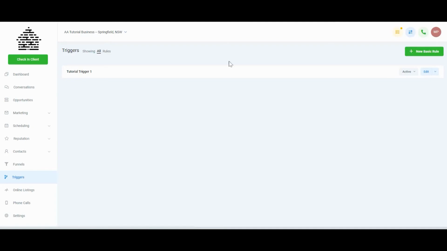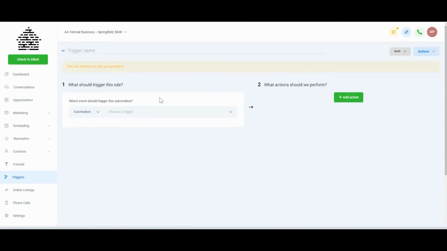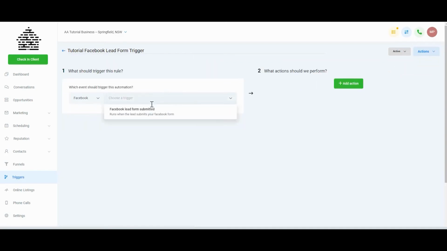So we're going to make a new basic rule here. And this is where instead of selecting your platform, you select Facebook as a rule for the trigger. So I'm going to call this my tutorial Facebook lead form trigger. Okay, I'm going to put it to activate, so it's going to be live, and I have to choose a